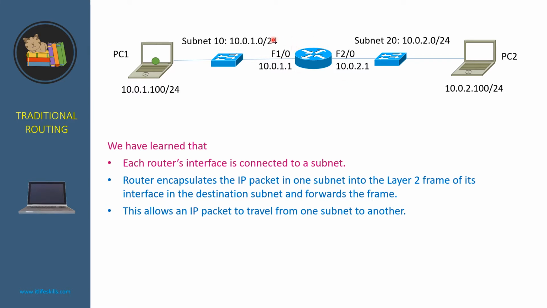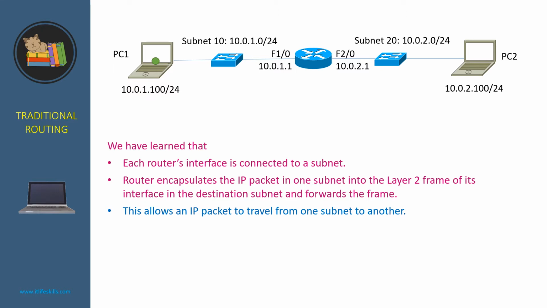The interface F10 is connected to subnet 10 with the address 10.0.1.0/24, and the interface F20 is connected to subnet 20 with the address 10.0.2.0/24. In order to forward an IP packet from one subnet to another, the router needs to encapsulate the IP